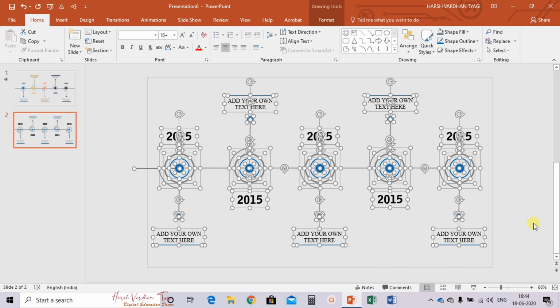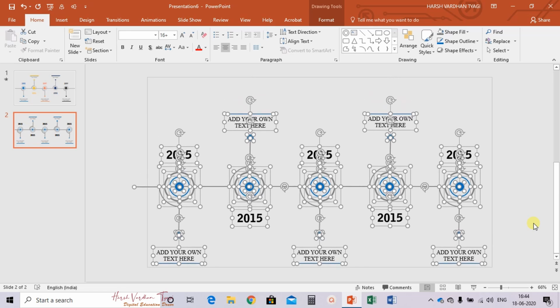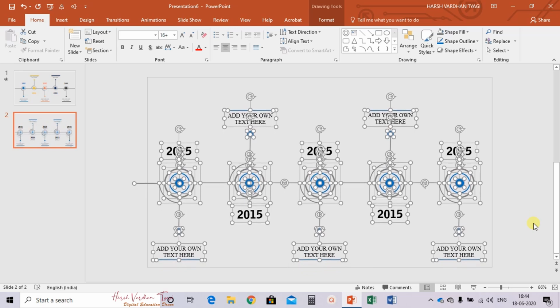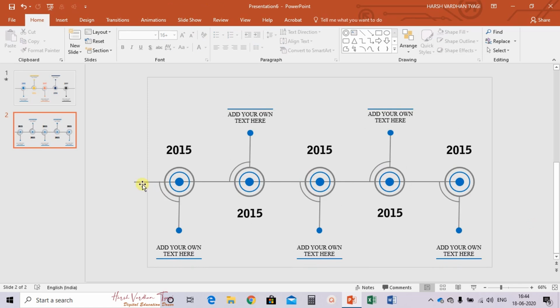Fine. And drag it a little below. Fine. Now this line, what you have to do, make this line smaller till this part, use control key and place it at the center, right click, send to back.